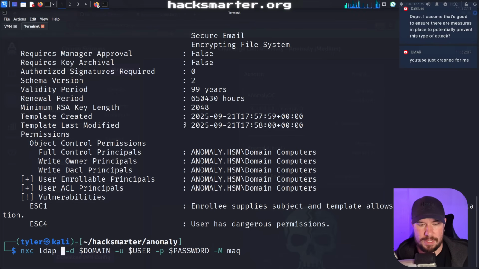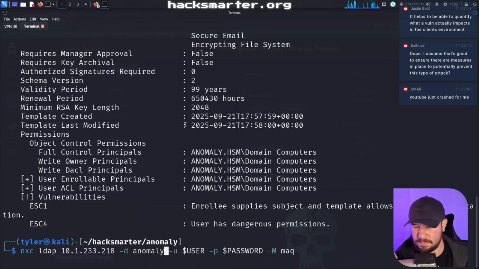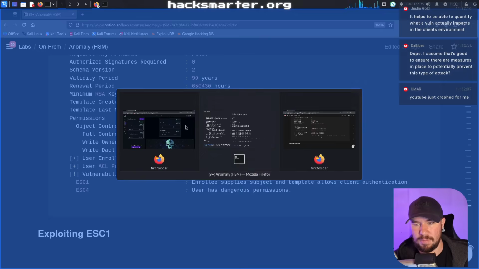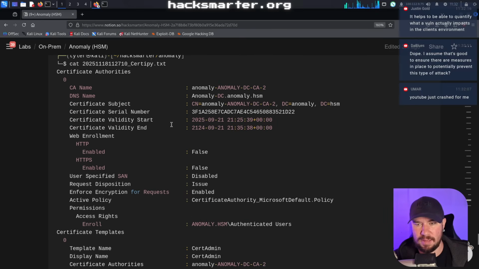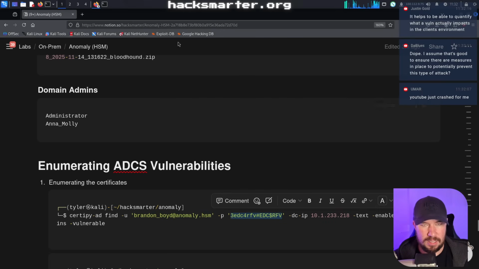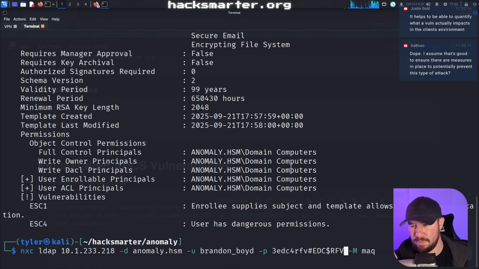It's going to grab the IP. Our domain is going to be anomaly.hacksmarter. Our user is going to be Brandon Boyd, and our password is going to be Brandon Boyd's password. So what we're checking now is whether or not that default is enabled. Best security practice is that it is disabled, so users cannot add computers to the AD environment. So we'll try this and we'll just see, hey,